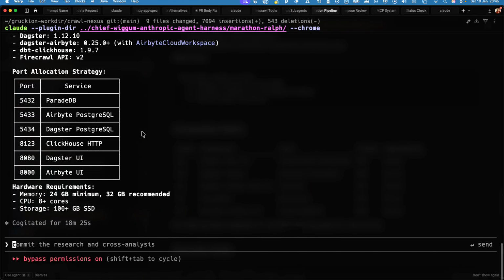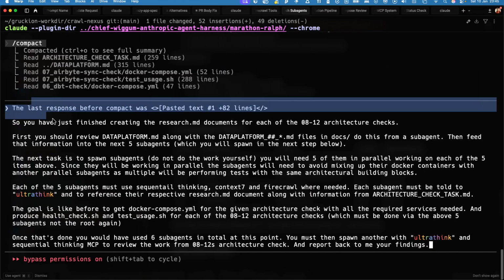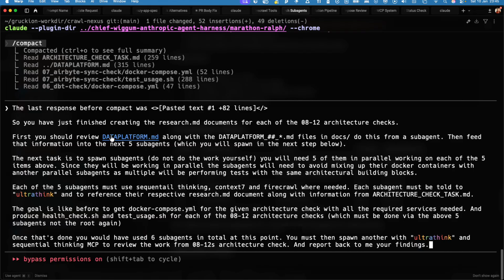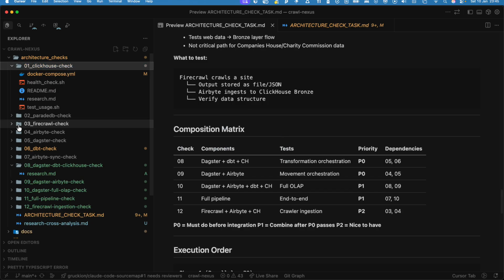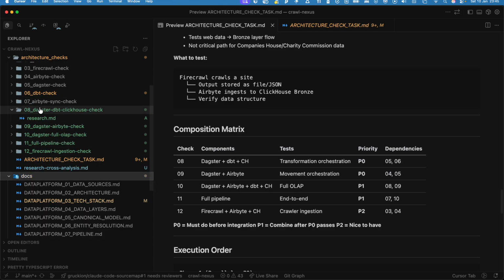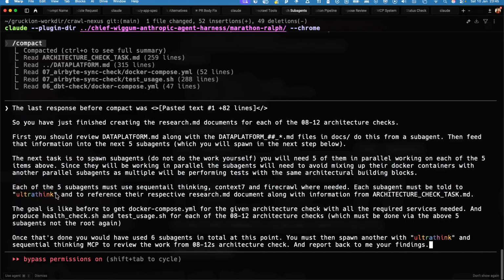But another thing I want to do here before I run this, using those individual research documents, is, in a similar way, read this data platform document and the individual ones inside docs, compile that information, and then spawn 5 sub-agents to do these 5 new research tasks. Each of them will ultra-think, so using a lot of tokens, using sequential thinking, which is like a sub-agent of itself thinking about each individual aspect, using Context7 for any of the dependency stuff so it can think about the latest version of the documentation, and Firecrawl so it can go back onto the internet to search anything that seems erroneous,